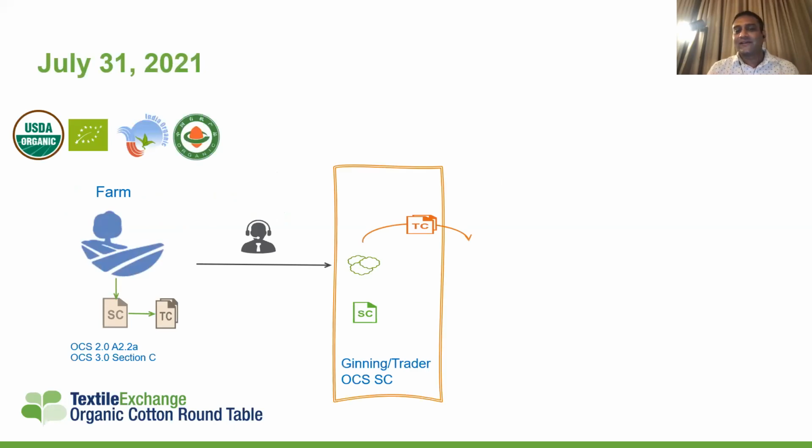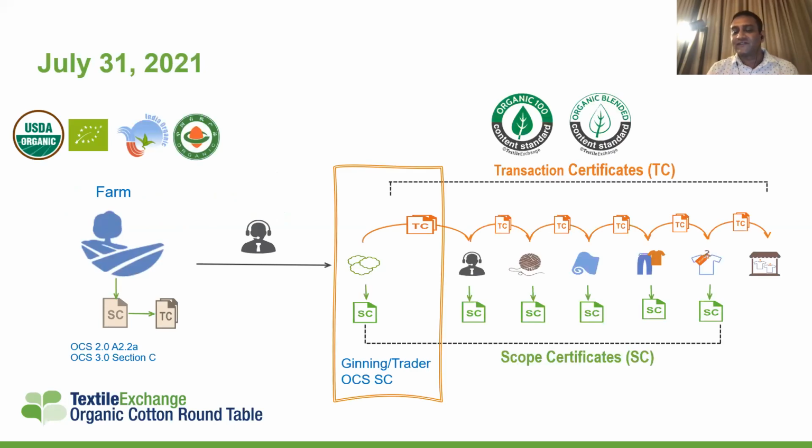And here you can see your first point of entry: once a farm is certified to in conversion or organic, it goes to a ginning. So this cutoff date, July 31st, is for a ginning. So ginning must accept the material from the farm on or before July 31st. After that, we are not going to accept any in conversion material for this